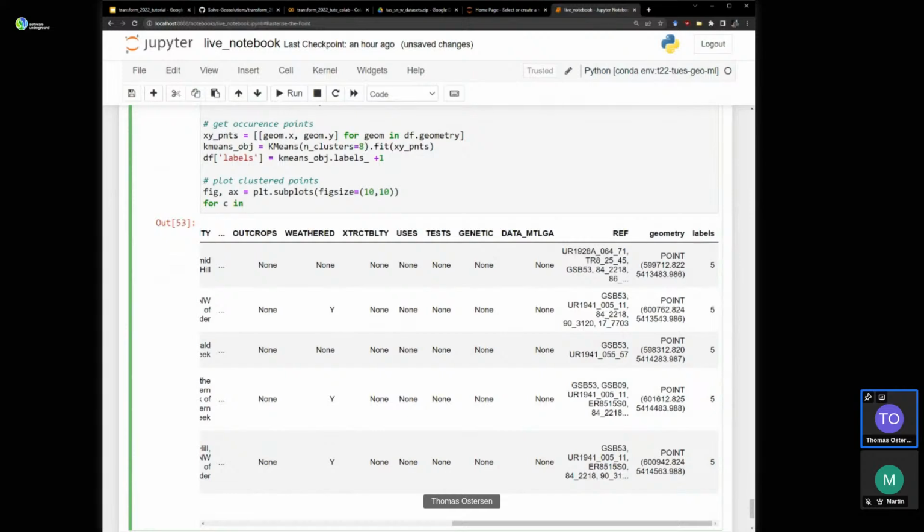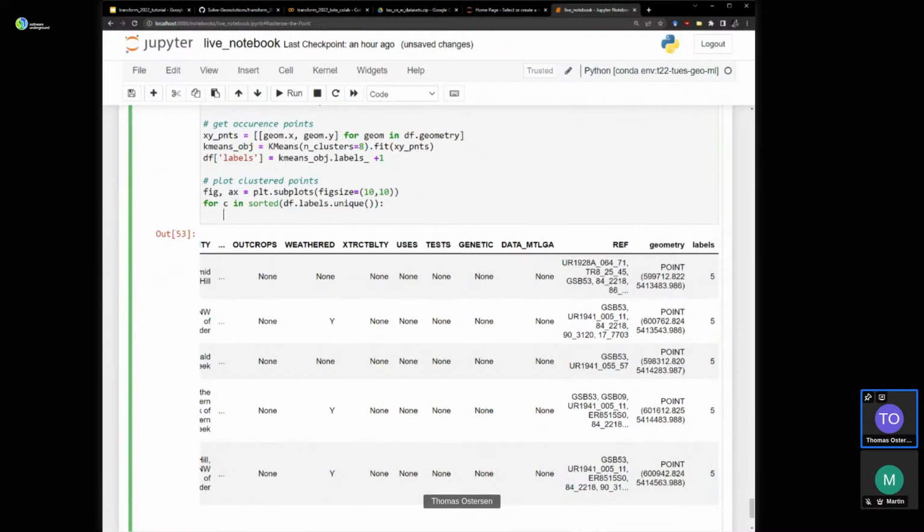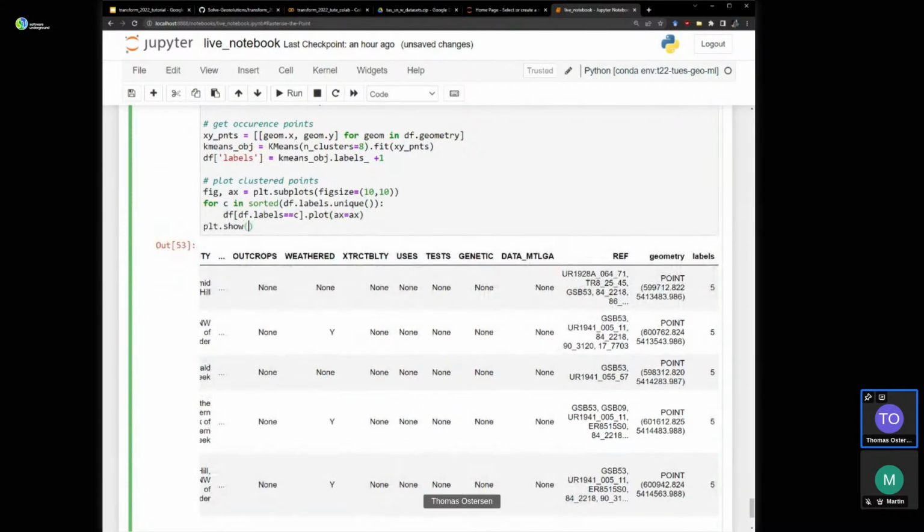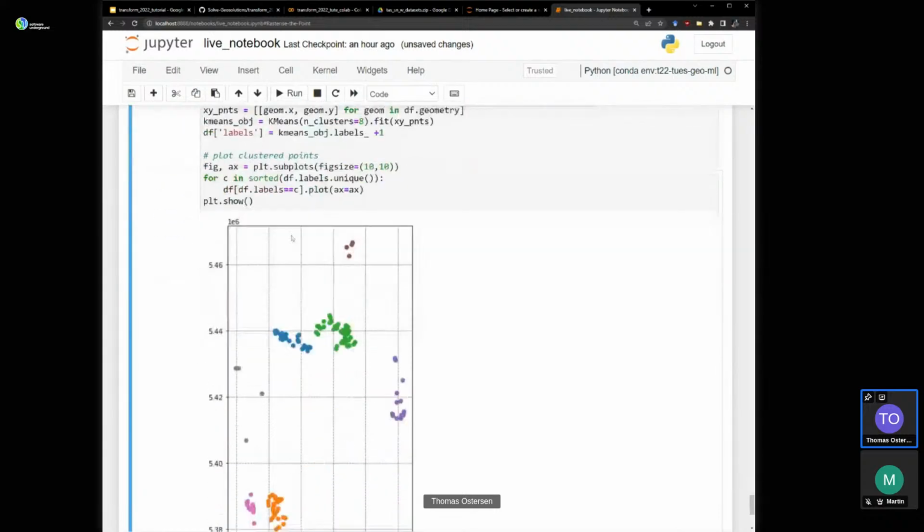For C in df labels unique, let's sort that so we have increasing numbers. df labels equals C plot x. Okay, oops. All right, there we go.